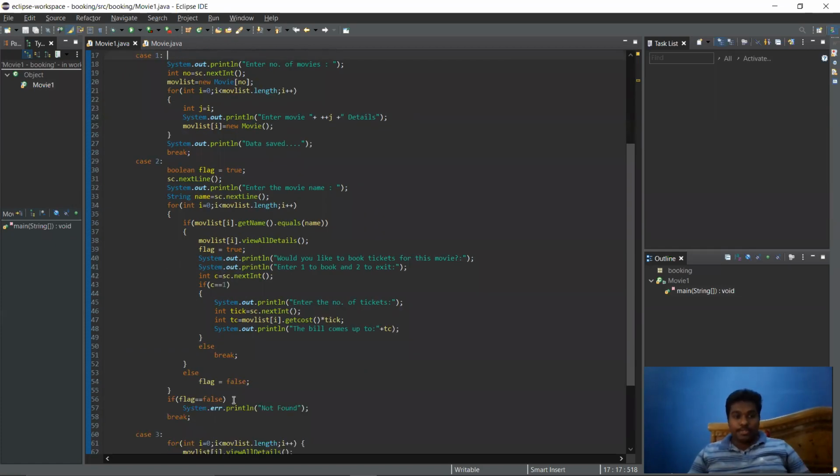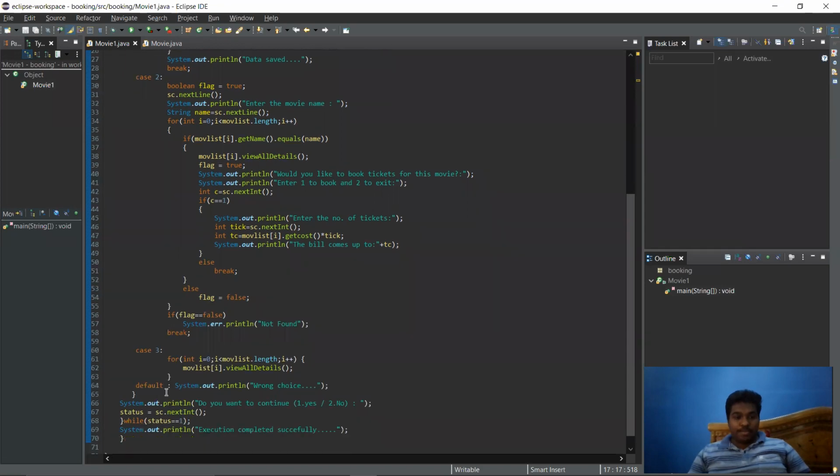If you press 2, then else it will break, and I've used a flag for it. After that, if you press 3, that is for viewing all the details, then it will print all the details of how many movies you entered.